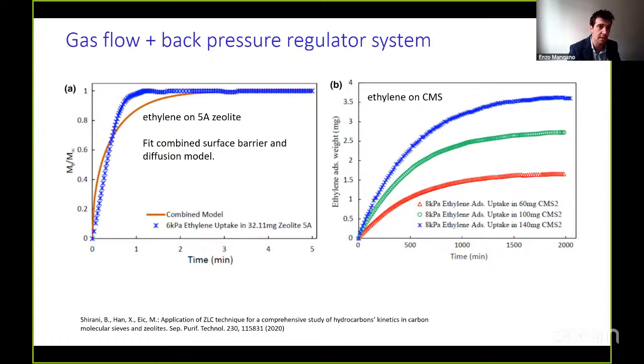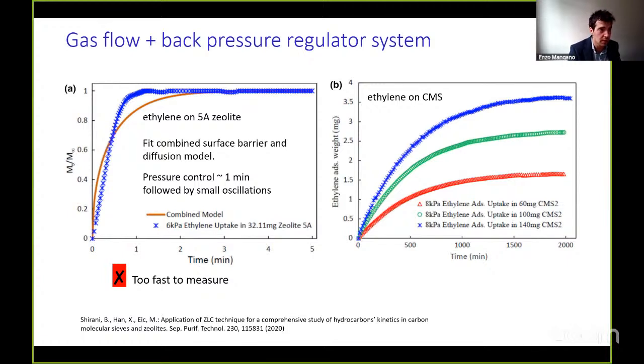So a fast system and a slow system. In the plot on the left, what you see is an initial linear increase of the amount absorbed, and then some fluctuation at the top. This is because the system reaches equilibration in about 1 minute, and what you're seeing here, especially the linear increment in the amount absorbed, is the actual pressure control of the system that is trying to reach the new set point of the pressure, with the oscillation of the PID controller of the